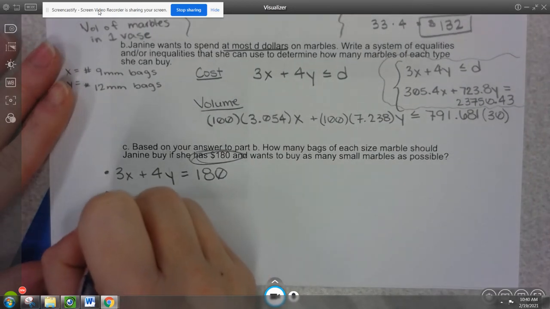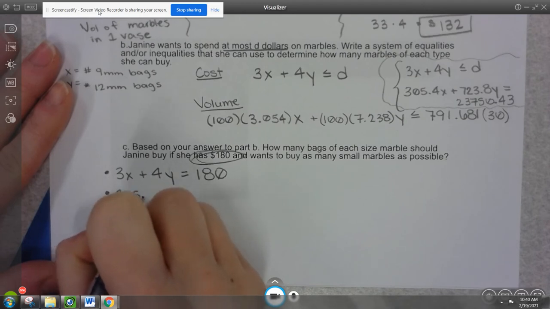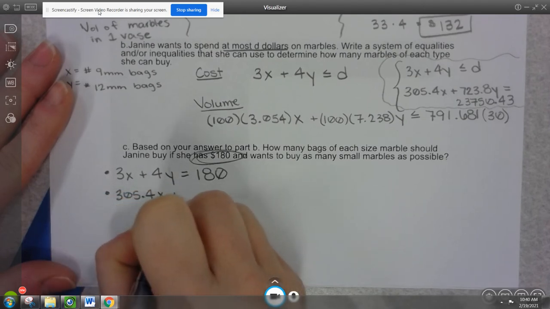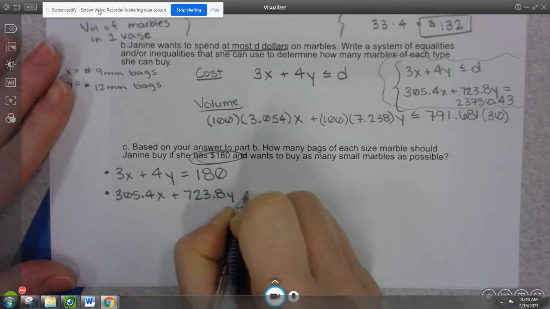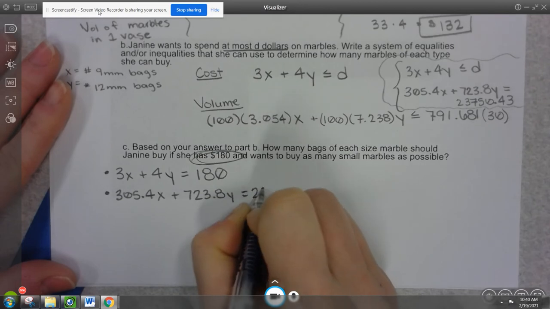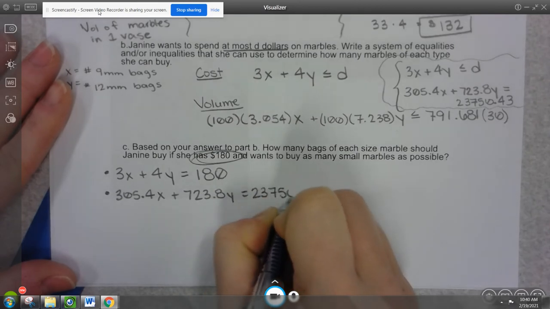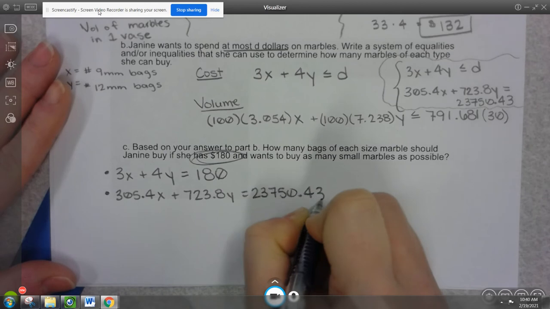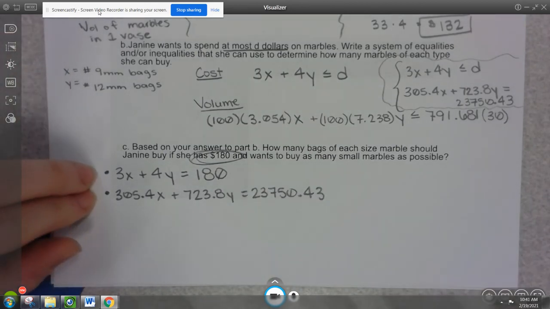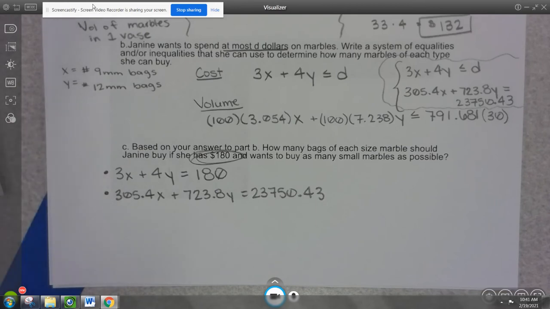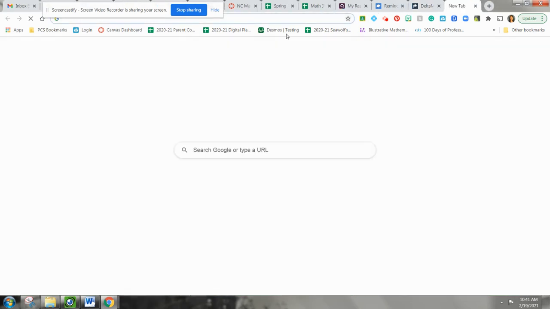And then my volume equation, 305.4x plus 723.8y being 23,750.43. So I go into Desmos, and I'm going to graph both of these things. I don't know if I have Desmos open already. I don't. So opening up Desmos,